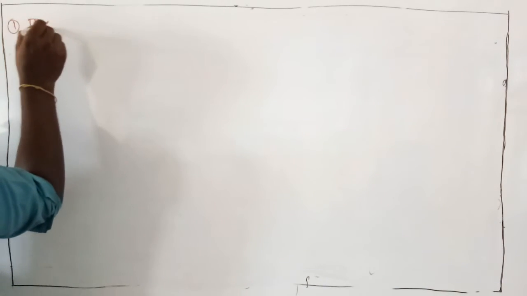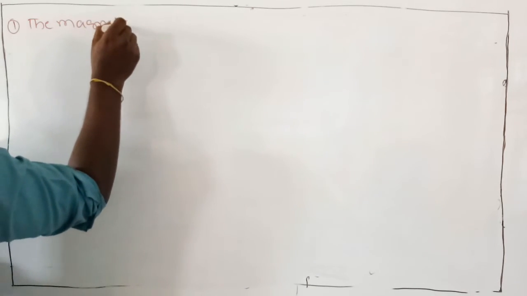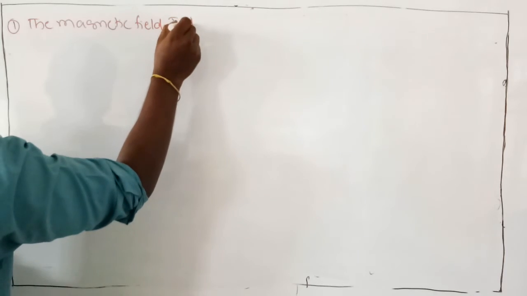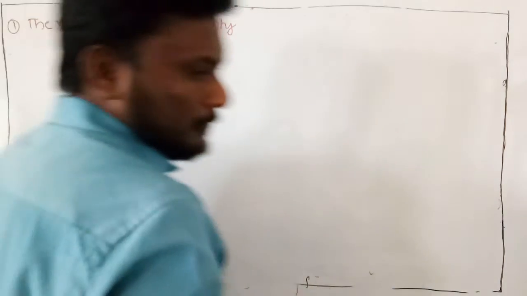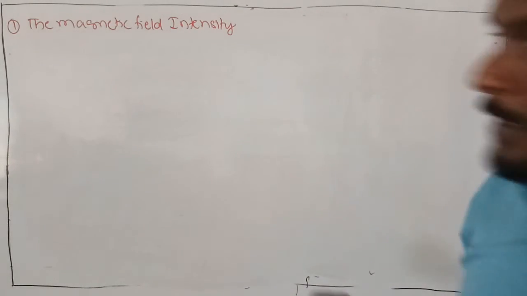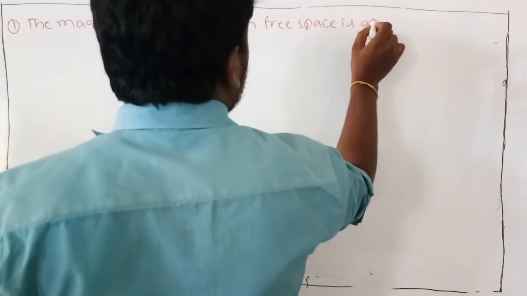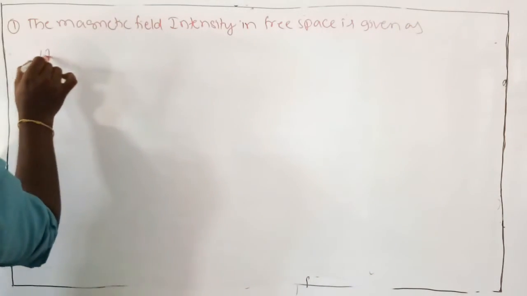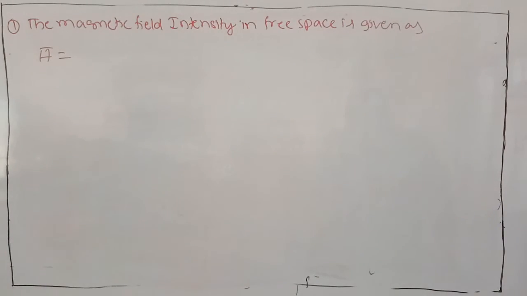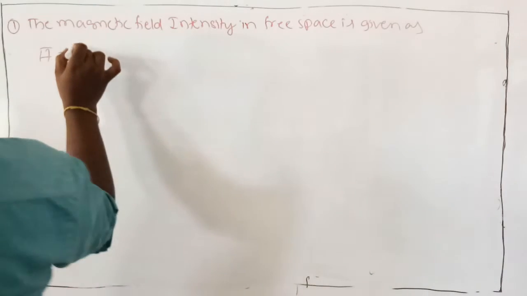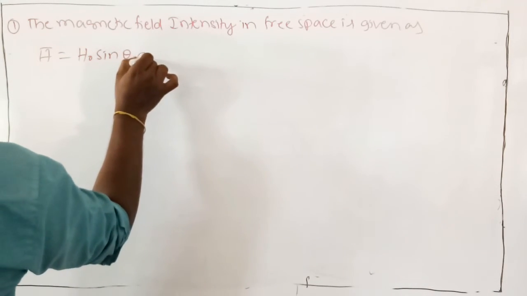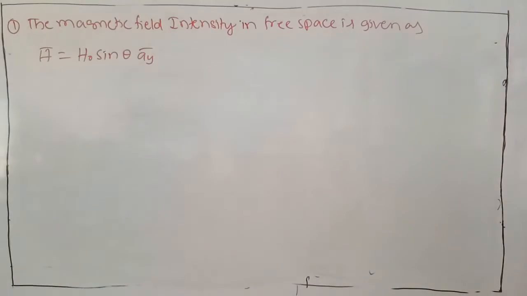The magnetic field intensity in free space is given as H bar is equal to H naught sin theta AY bar, ampere per meter,